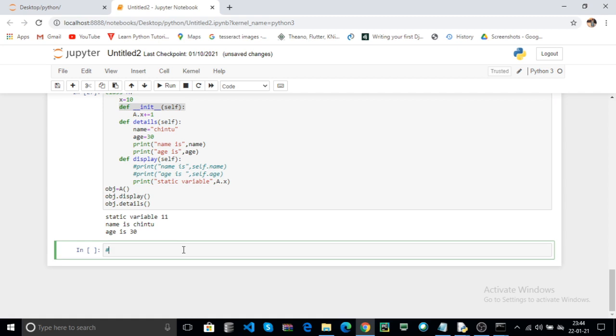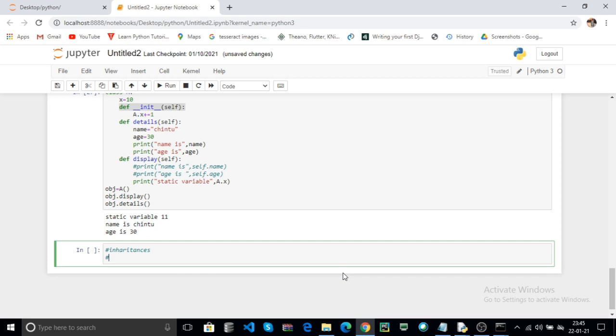Now we discuss inheritance. Now what is the inheritance? The inheritance is acquiring properties of one class to another class.